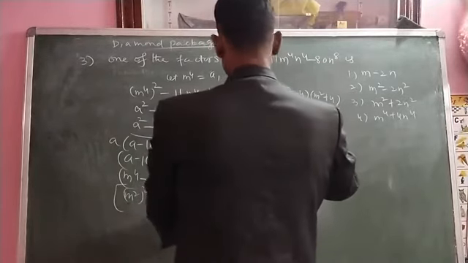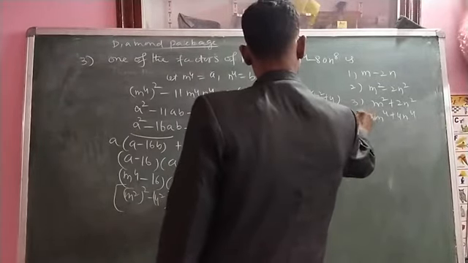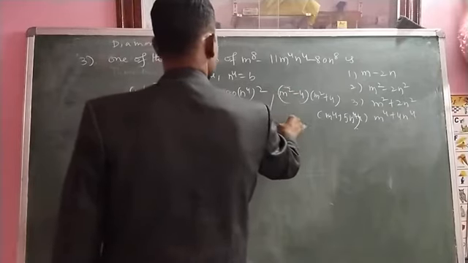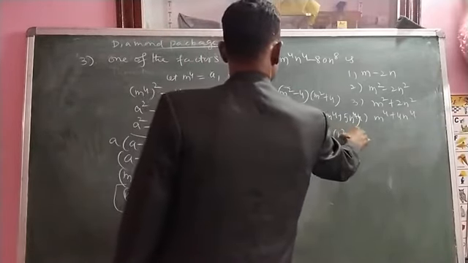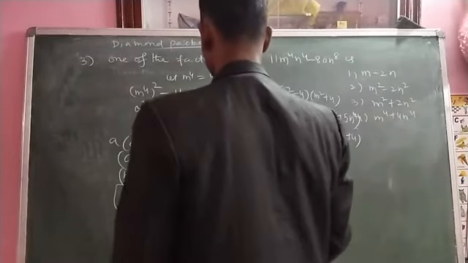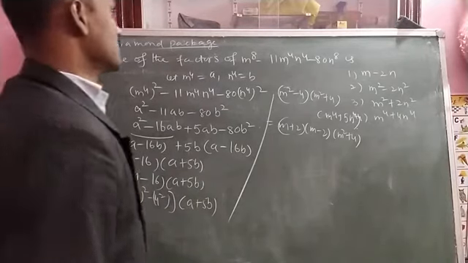A means here m power 4 into n power 4. Now this is rewritten as a square minus b square, which means here m plus 2 into m minus 2, and m square plus 4 into m square minus 4. This is m power 4 minus,